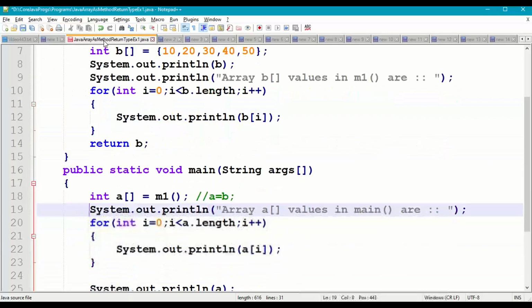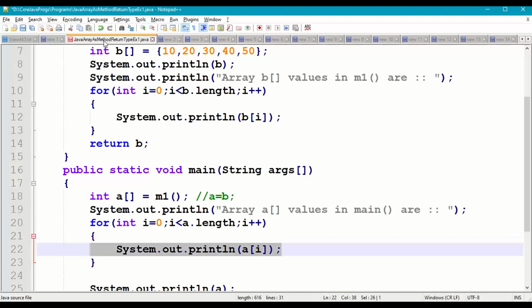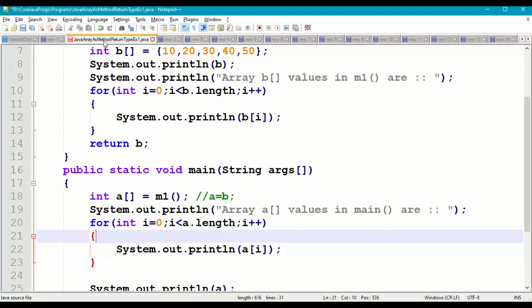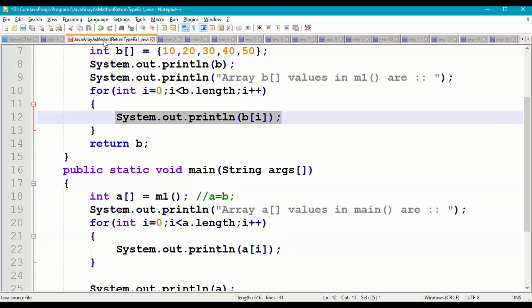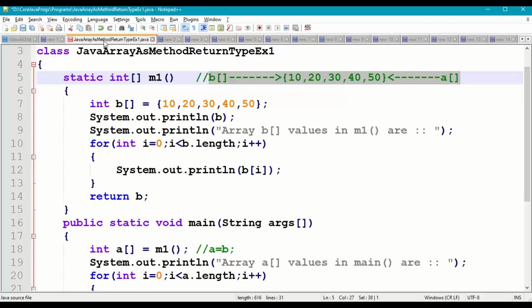In the main method, if you print array a values using the for loop, i equal to 0, i less than a dot length, i plus plus, a of i, you will get the same values as b of i, because both are pointing to the same set of values in the memory.